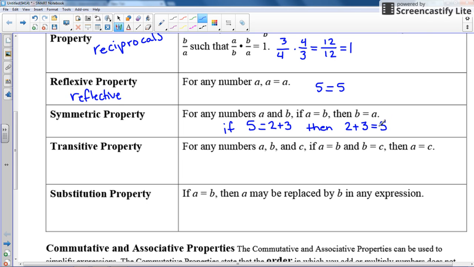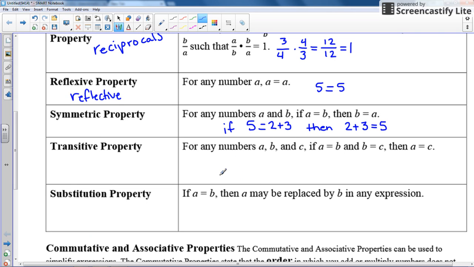Okay, pretty obvious. When you see the phrase "if, then," that usually is telling us that it's symmetric. So the whole if-then thing is usually implying the symmetric property. The transitive property